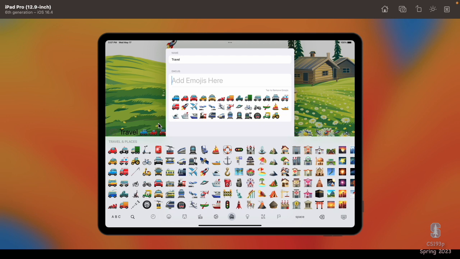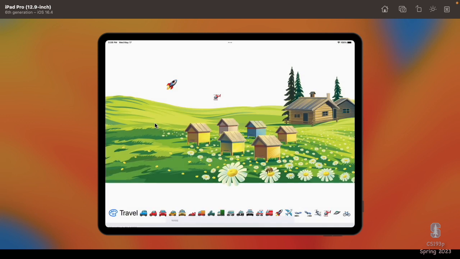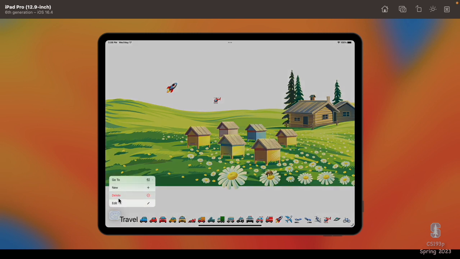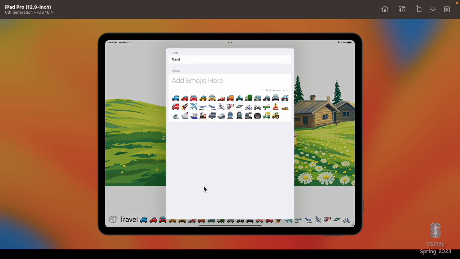I'm going to do one other thing while I'm here, unrelated to all this cool binding and all that stuff, which is when we first appear, when I bring this up and edit, nothing's editable. No keyboard comes up. It didn't pick either of the two things to edit, but it should. Why wouldn't it just pick the add emojis here so that I can just immediately start typing? But let's talk a little about how you make the keyboard come up. It's not how you would think.